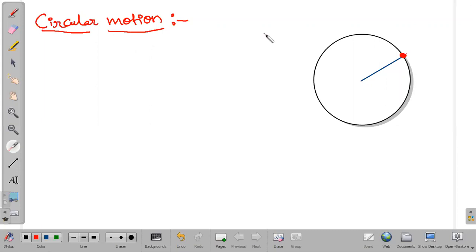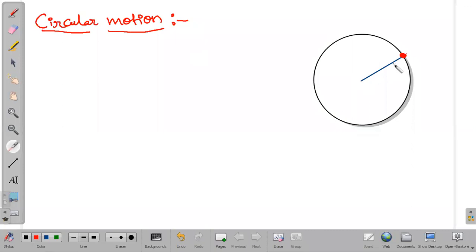So we can have so many examples for this. Here, one thing should be noted clearly: I am speaking about circular motion only, not rotatory motion. Okay, here it is revolving. What exactly rotational motion is, and the difference between circular and rotatory, we will see in the system of particles and rotatory motion chapter. Here we are dealing with only circular motion.